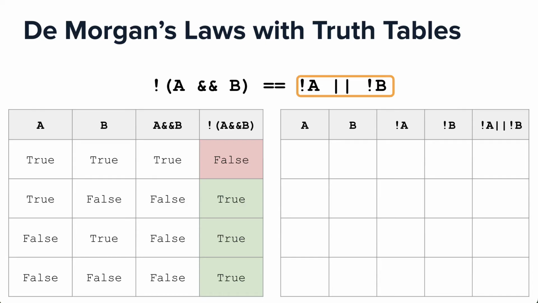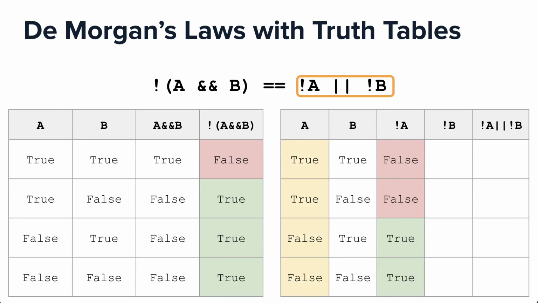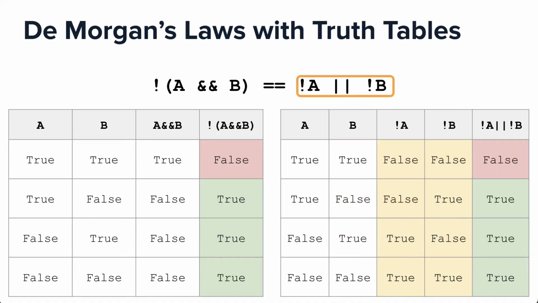Now let's do the exact same thing with not A or not B. First, add all the possible combinations of true and false to the A and B columns. For column not A, you take the opposite of everything in column A. For column not B, you just take the opposite of everything in column B. To get the final column, you just OR the last two columns together. False or false is false, false or true is true, true or false is true, and true or true is